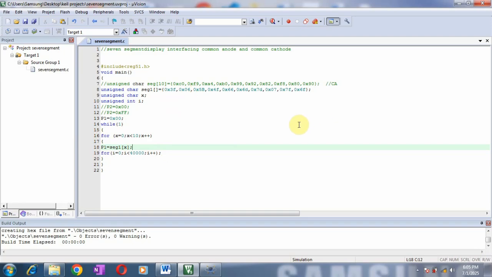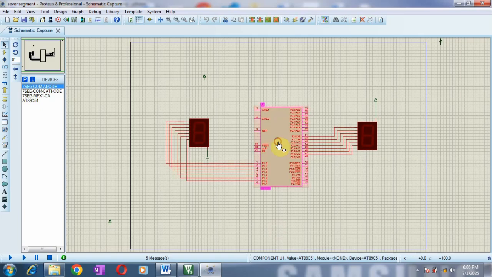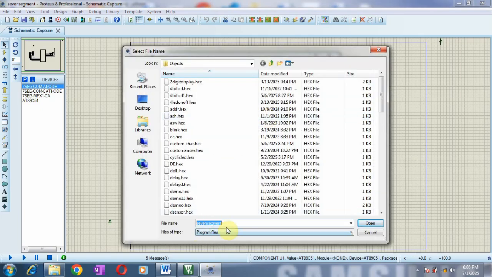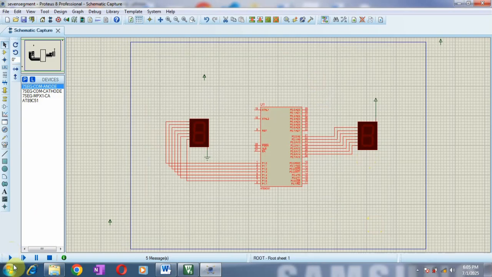So let us first see the output of the same. Here I have generated the hex file for this and I am going to load that hex file in Proteus. I have already loaded that file, that is 7segment.hex, and now we'll see the output. Here you have to change the frequency also, and now I am going to run the program. So see the output for common cathode.